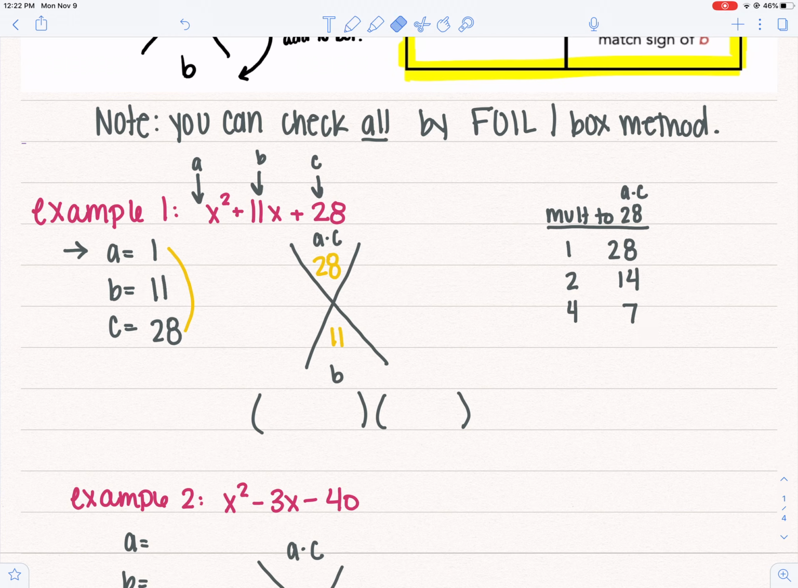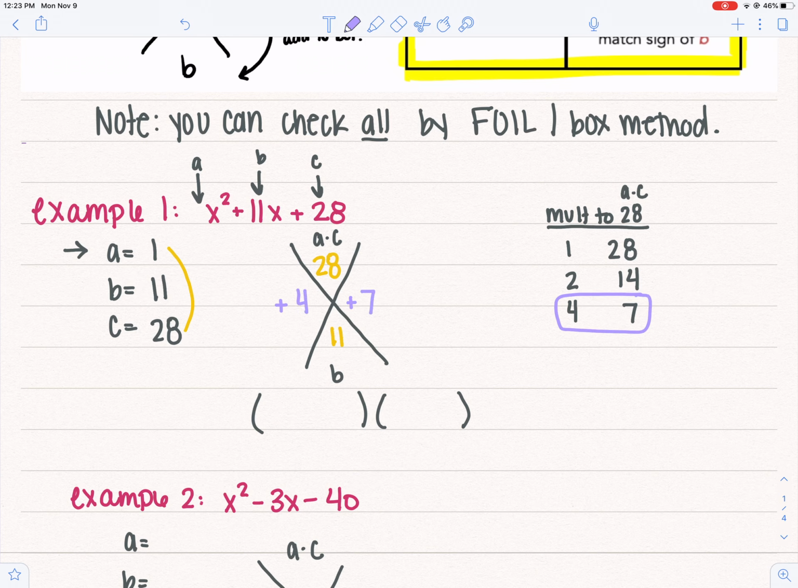Now I'm looking at which two of those will get me to 11. Well, we wrote down in that box that I highlighted and I said to put this on a sticky note: if a times c is positive, they're both going to be the same sign and they're both going to be the sign of b. And so in this case, a times c is positive and b is positive, so both of my factors are going to be positive,